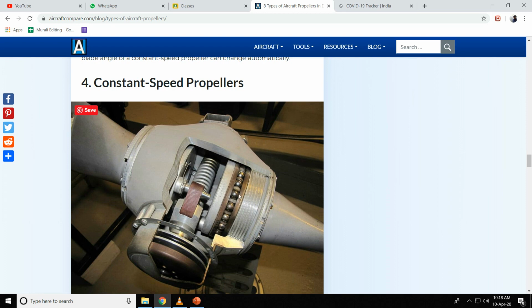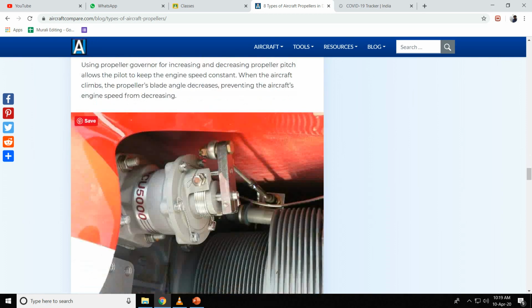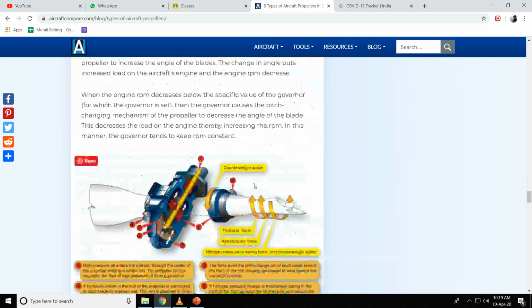You change the pitch of the propeller, and try to manage those flight conditions, but keeping the propeller at constant speed. Keeping the propeller at constant speed has many benefits. The maintenance will be very less compared to other types. And then we have